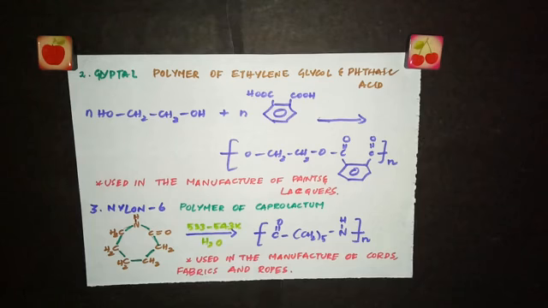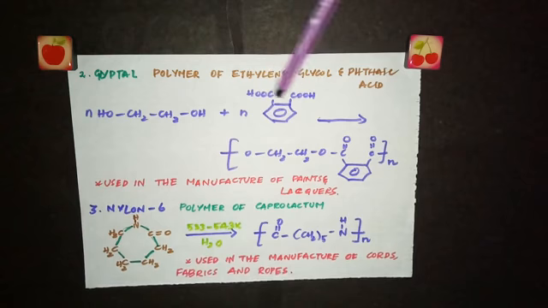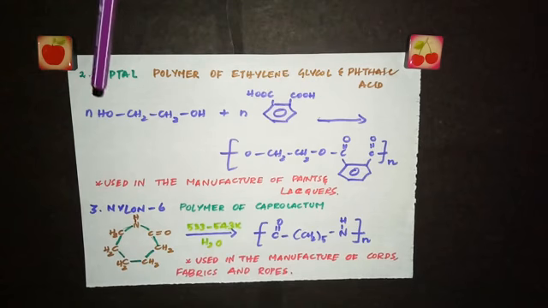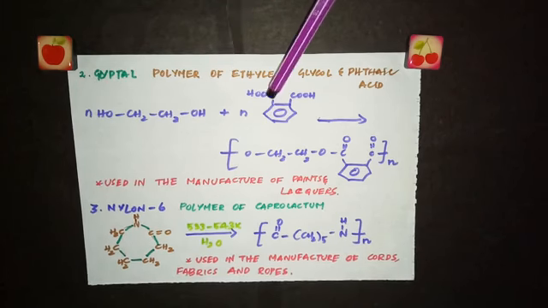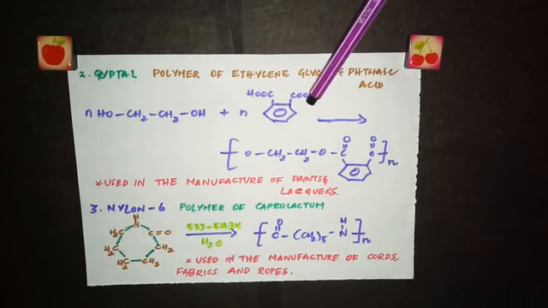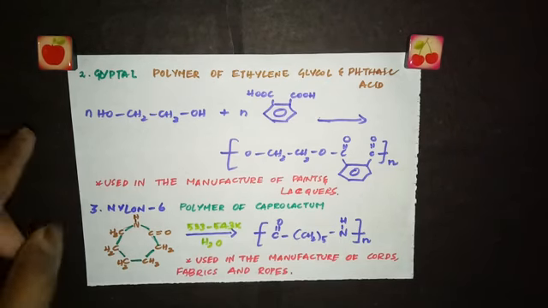The next condensation polymer is glyptol. Glyptol is a polymer of ethylene glycol and phthalic acid. Now this is ethylene glycol, you know the formula, and again this is phthalic acid, see COOH. And remember what I told you, from OH, H will be removed, again from this OH, H will be removed, from COOH, OH will be removed, again from this COOH, OH will be removed. So just join everything and write.